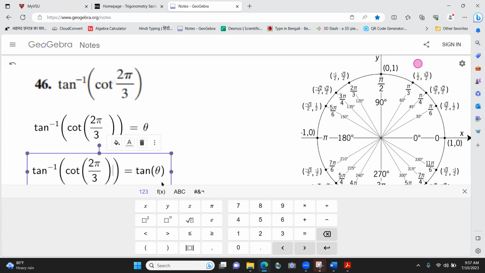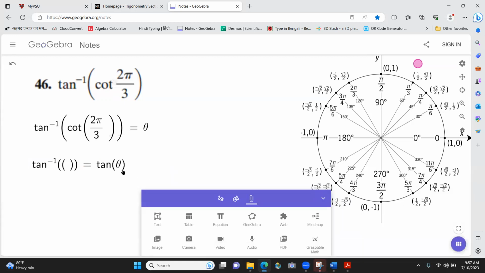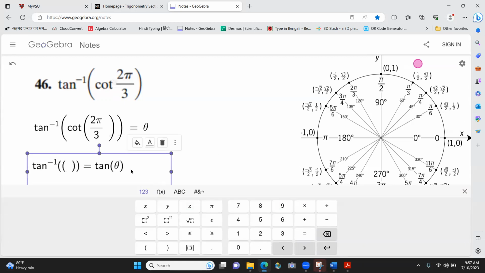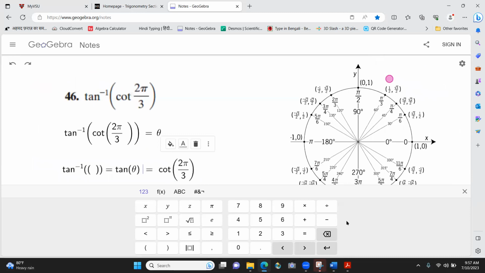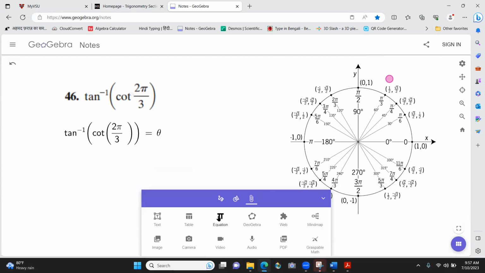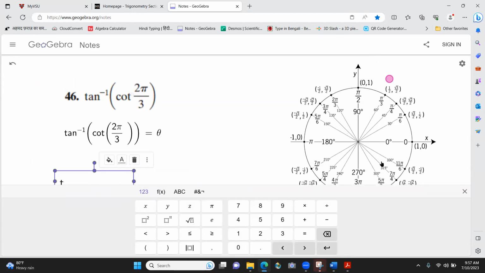This is a perfectly legitimate step based on the very basic definition of inverse function. I just have to redo my box. So tan theta